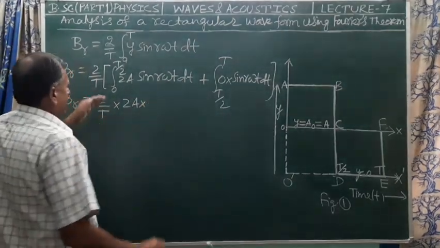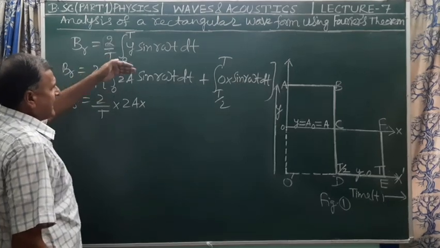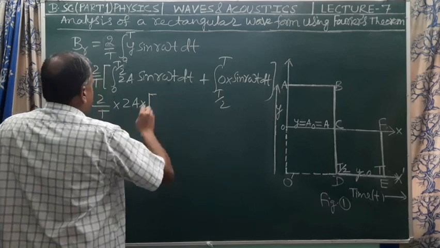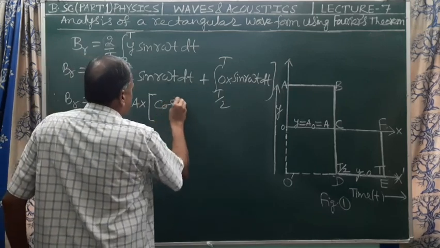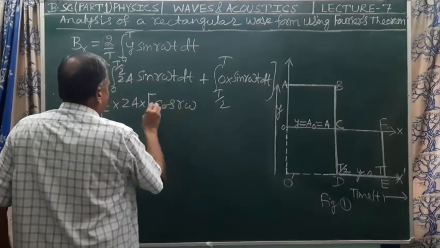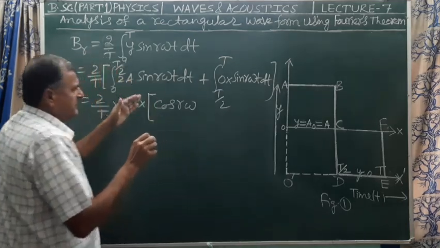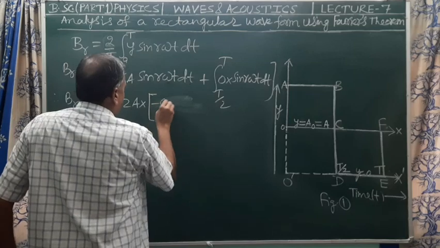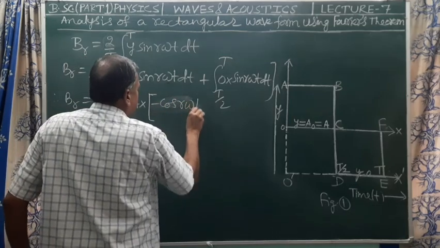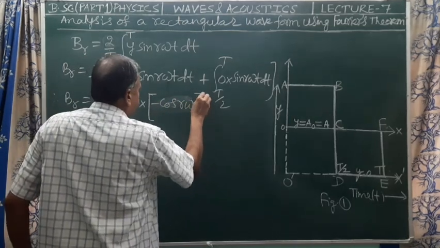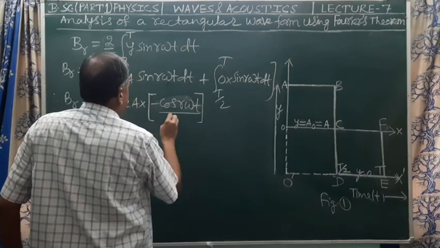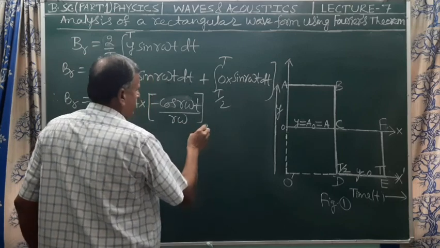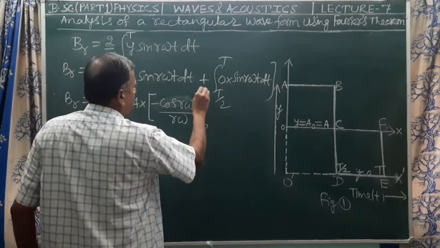So integral 0 to T by 2 sin r omega t dt can be written as minus cos r omega t upon r omega, and the lower limit is t equal to 0,